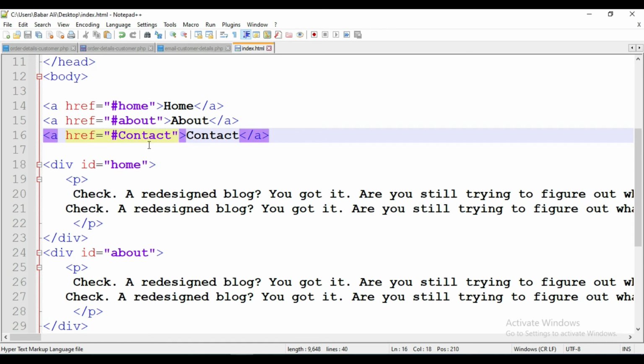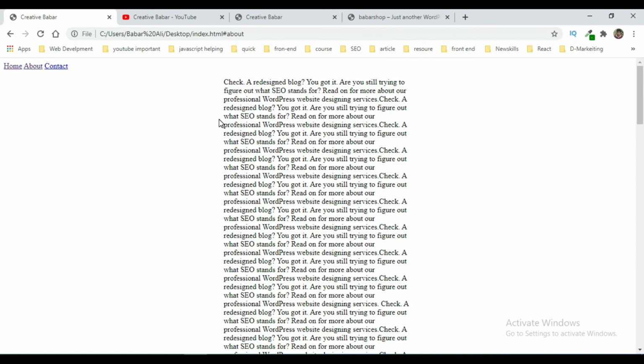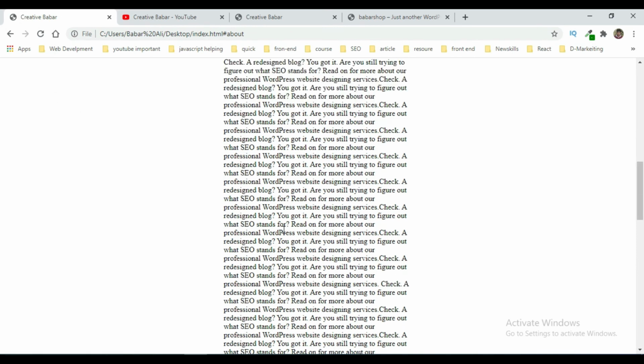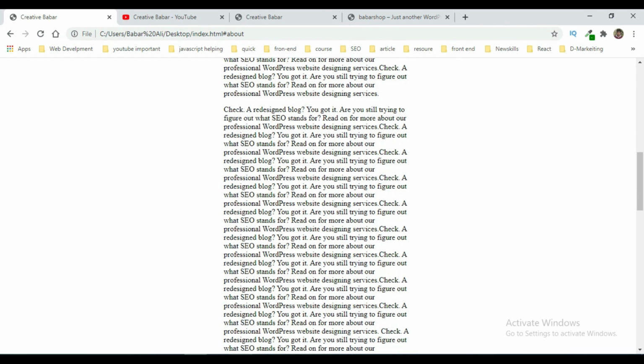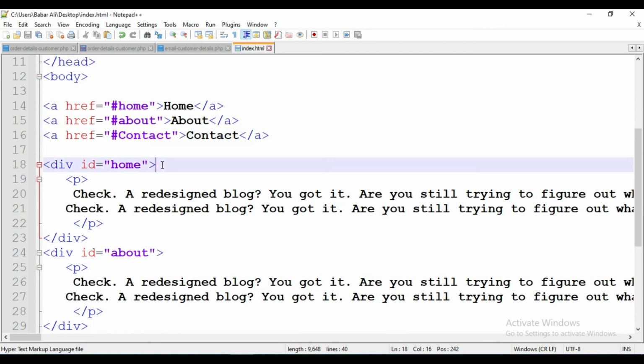You can assign any name to an ID, but make sure if you want to open the home ID, then you link the same div to the right menu like this. If we click on about, then it opens the about, but we can't tell which is about.